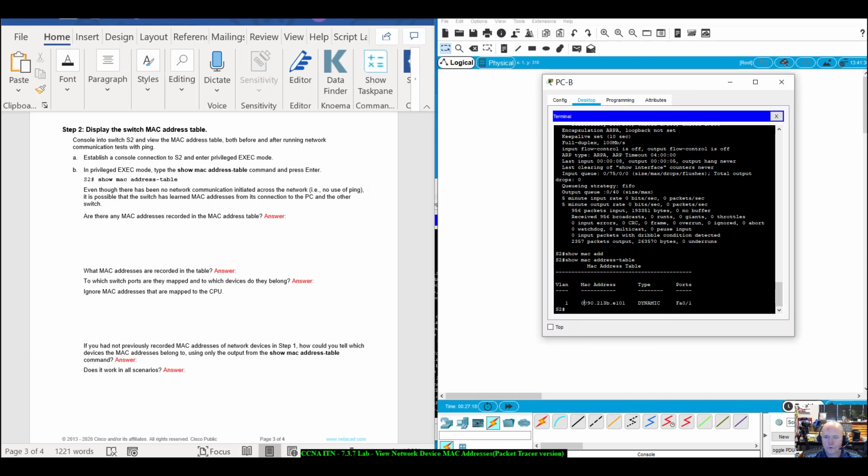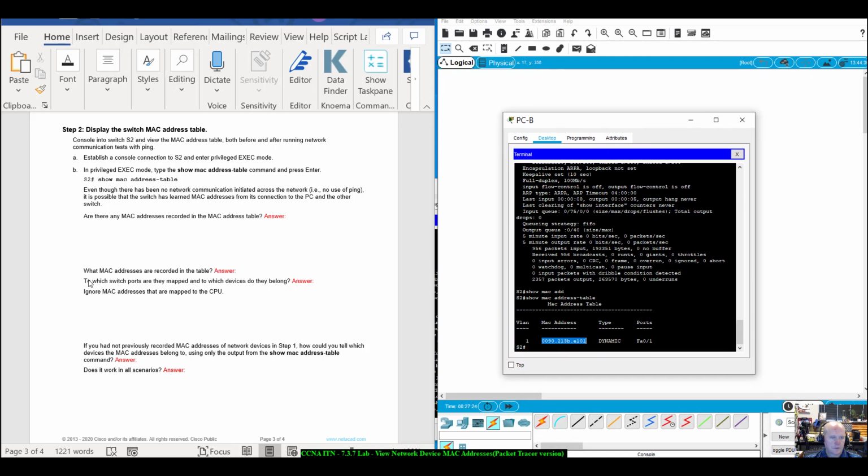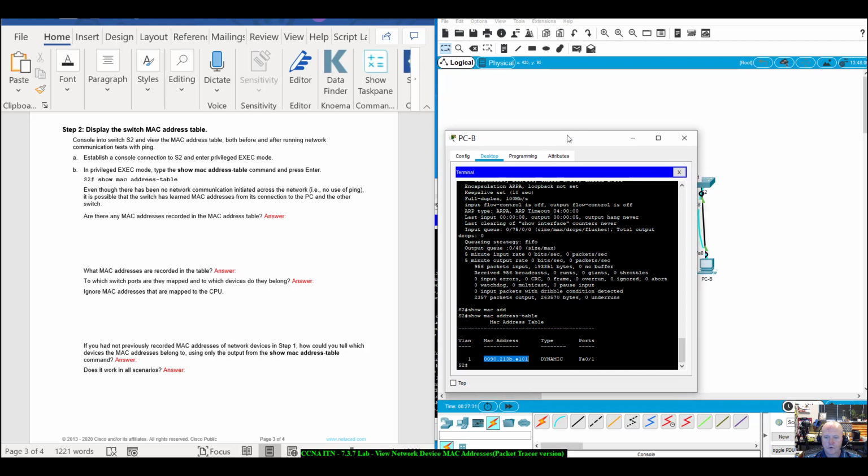And what is the MAC address located in the table? Well, it's right there. Okay. To which switch port are they mapped, and to which devices do they belong? Well, if you look right there,